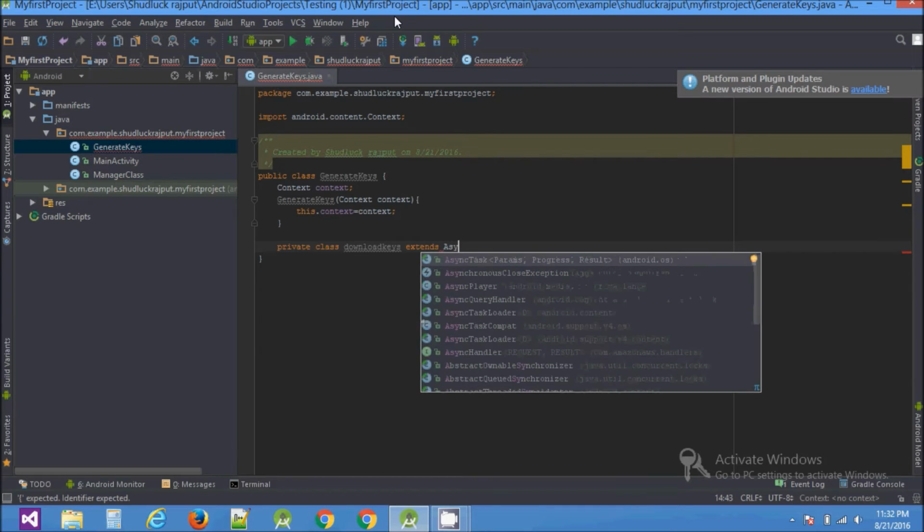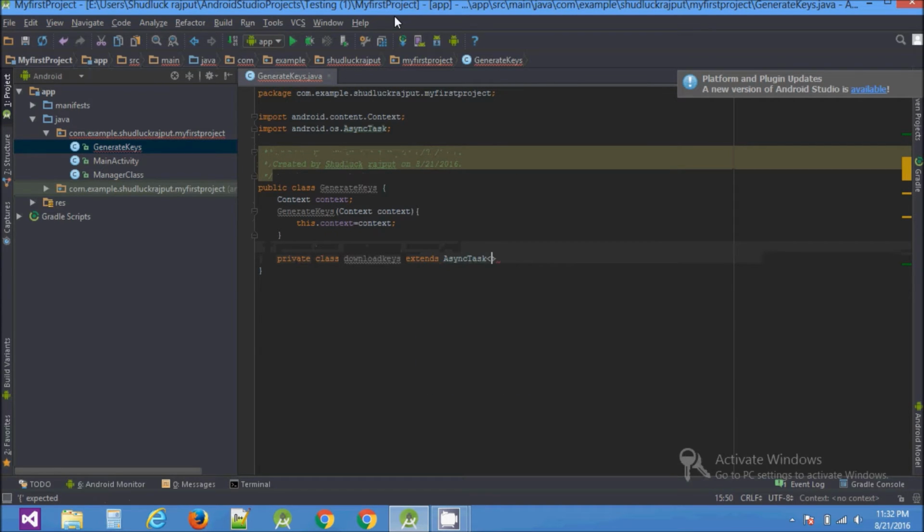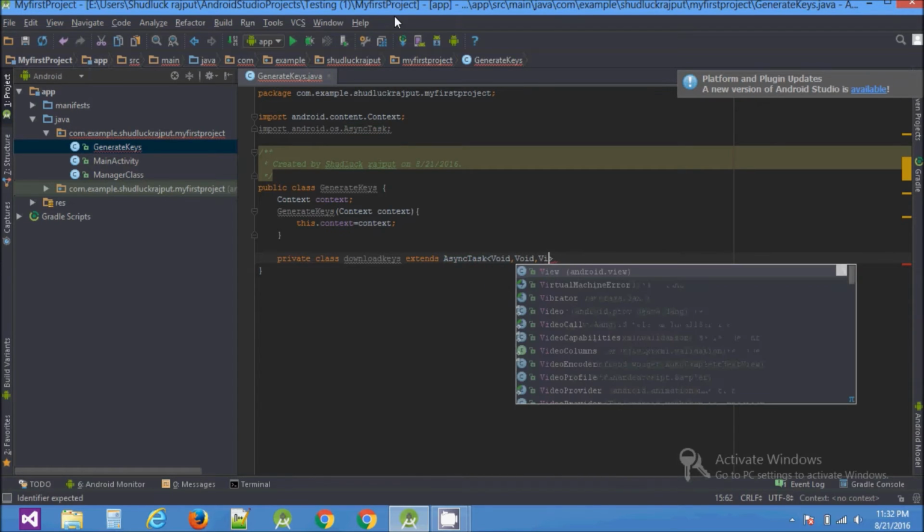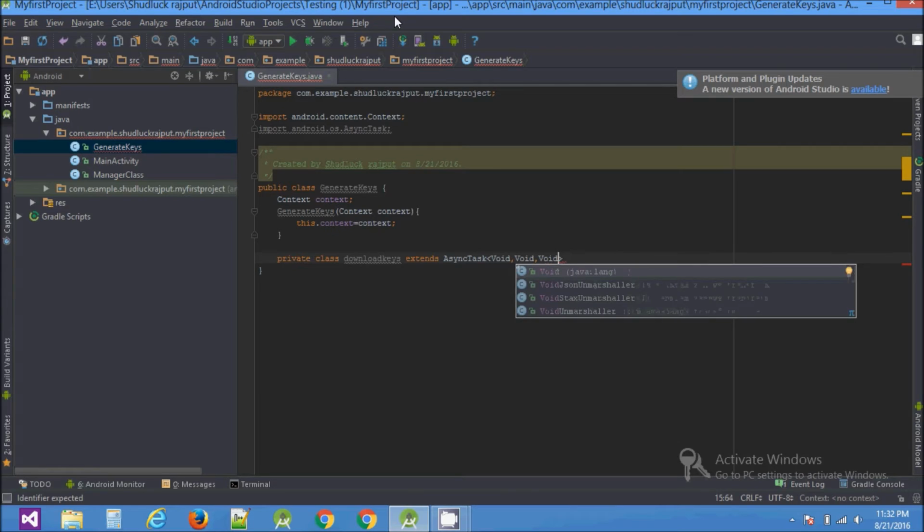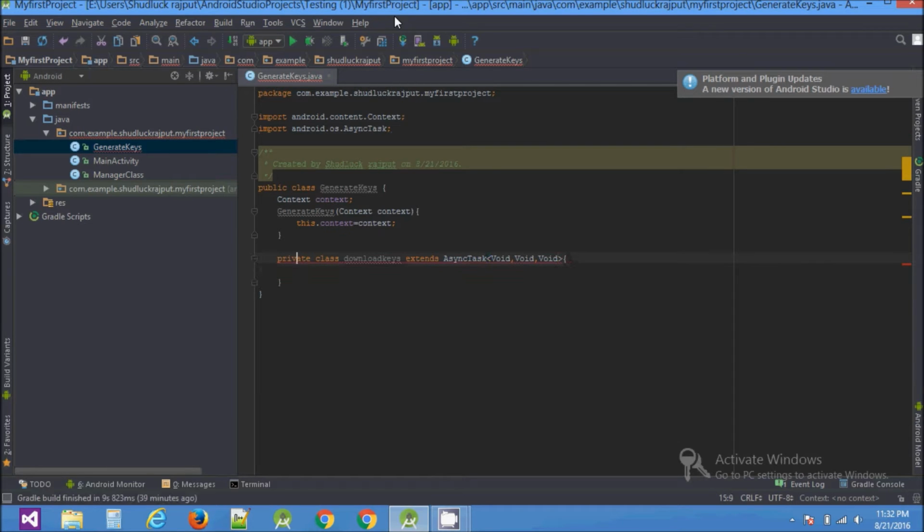Perfect. I'll not be taking any parameters inside this. Void, again one more Void. Okay, so press Alt+Enter, implement methods, doInBackground, implement.